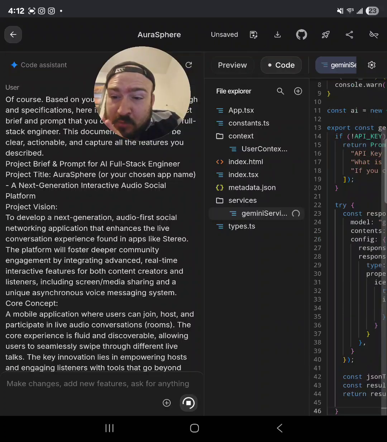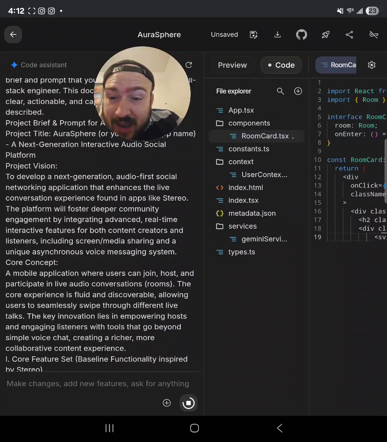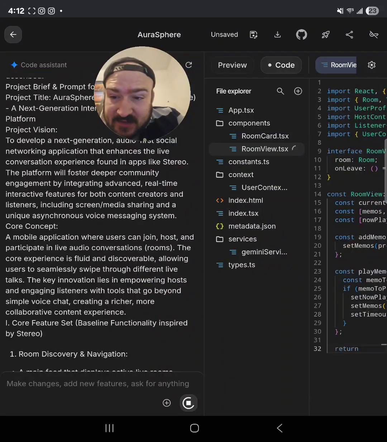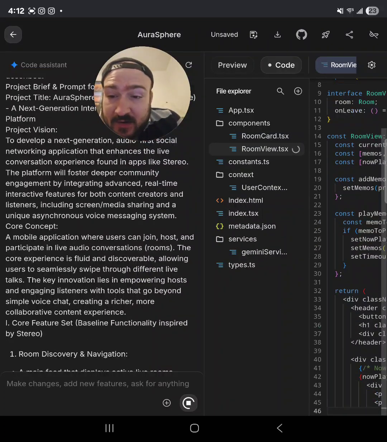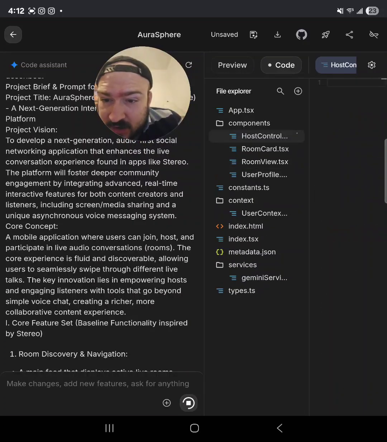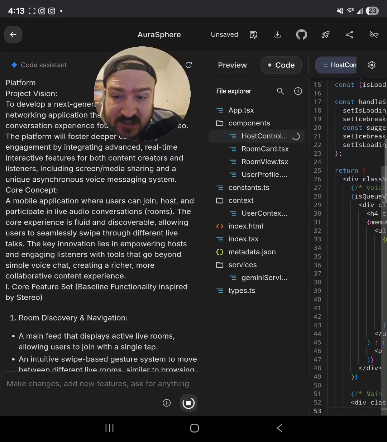Project vision: to develop a next generation audio first social networking application that enhances the live conversation experience found in apps like Stereo. The platform will foster deeper community engagement by integrating advanced real time interactive features for both content creators and listeners, including screen media sharing and a unique synchronous voice messaging system.